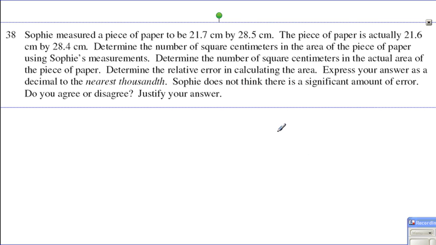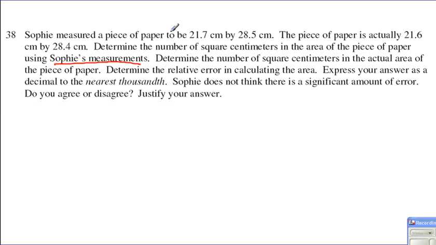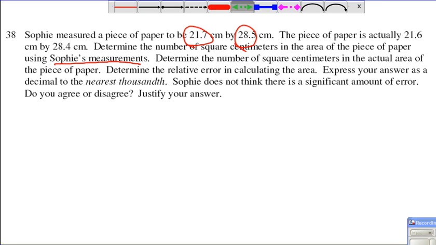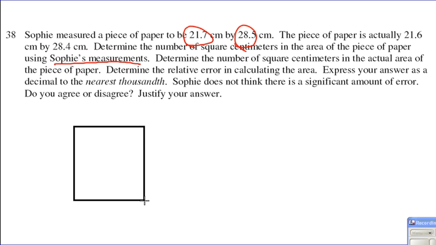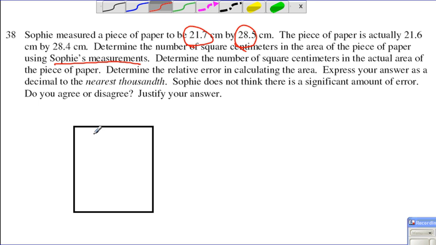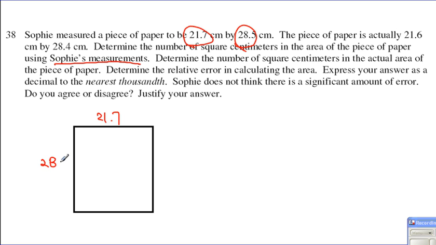Alright, Sophie measures the paper this way, but the actual measure was this much. So determine the number of square centimeters of the area using Sophie's measurement. Sophie's measurement was these two. So to have the rectangle, once again, we have 21.7 and 28.5. When you multiply them,